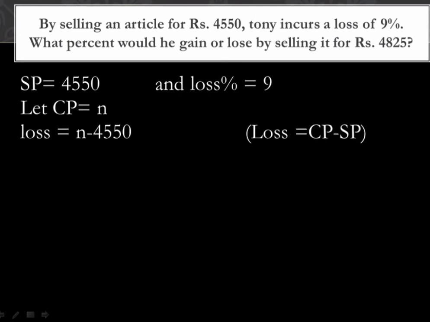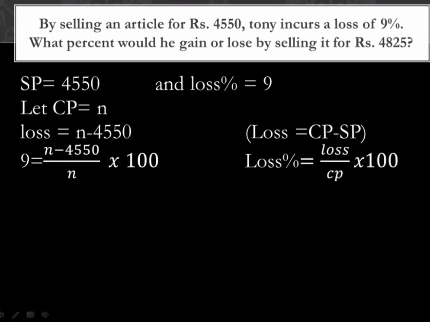Now I will use the formula loss is equal to cost price minus selling price. So from here I can write loss is equal to N minus 4550. So now I will use the formula loss percentage is equal to loss upon CP into 100. So from here I can write loss percentage was 9 and loss is N minus 4550 upon cost price we have taken N multiplied with 100. Now N is again multiplied here and this 100 is multiplied with both of them. So I can write 9N equals to 100N minus